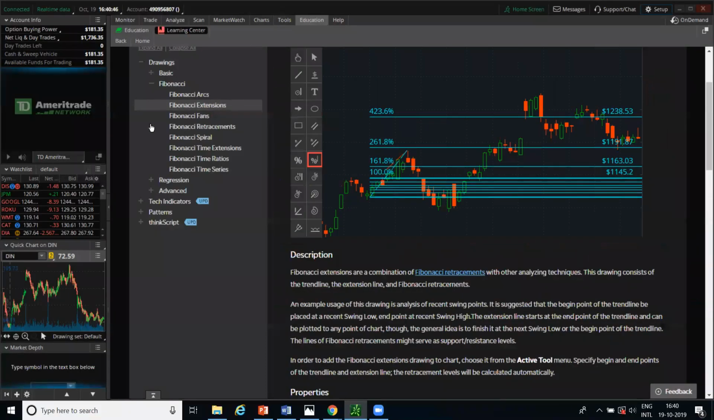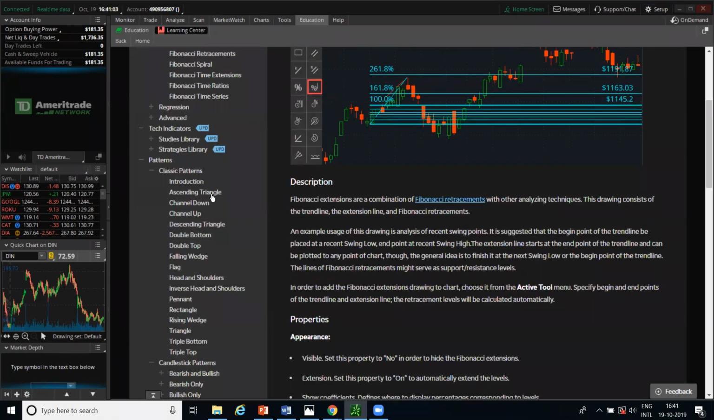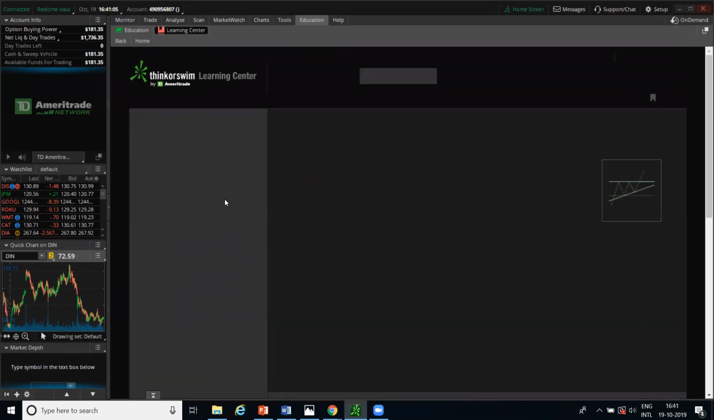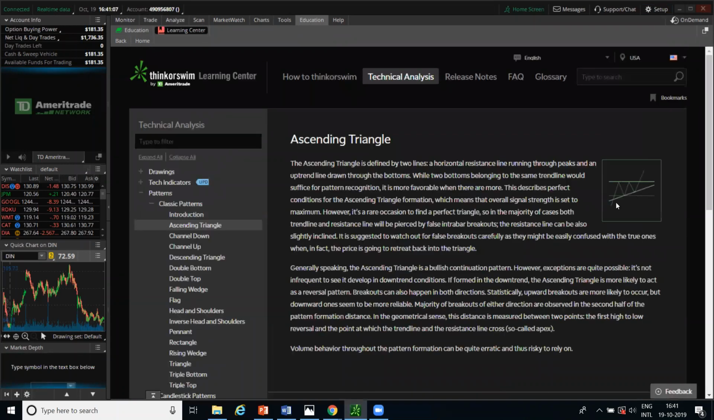I've opened it somewhere. And if you guys use Think and Swim, there's a section called Education. You can learn about all these extensions, retracements, and chart patterns right here. This is an ascending triangle. An ascending triangle is a continuation of a bull trend. It's like they are squeezing, squeezing, and squeezing, and there will be a breakout